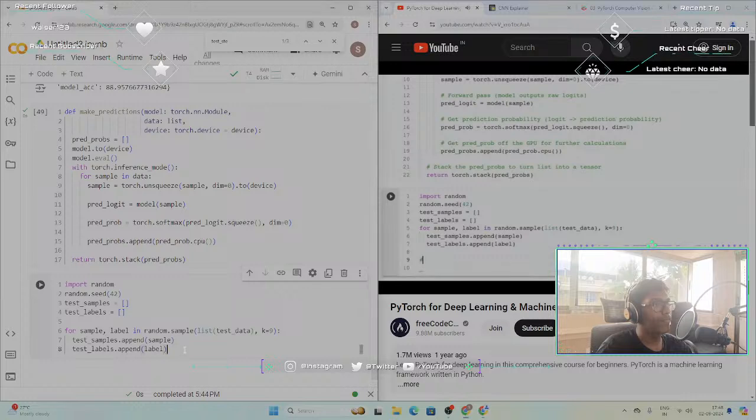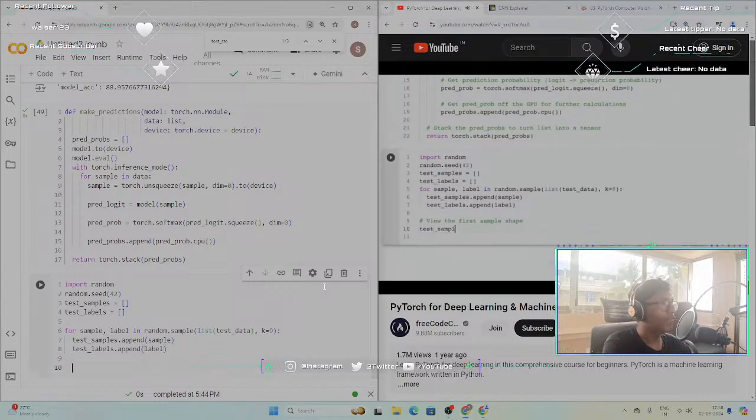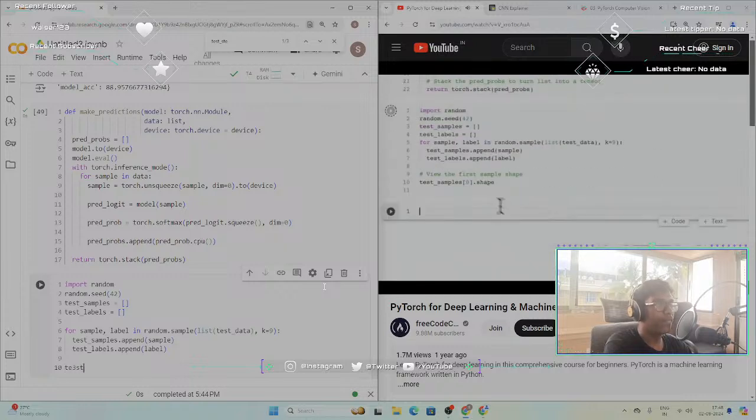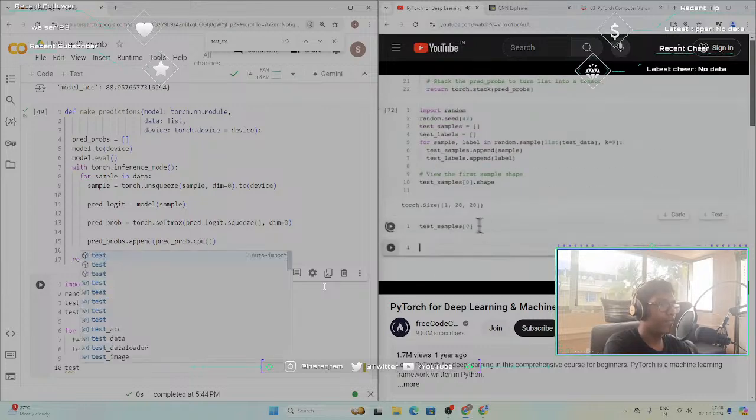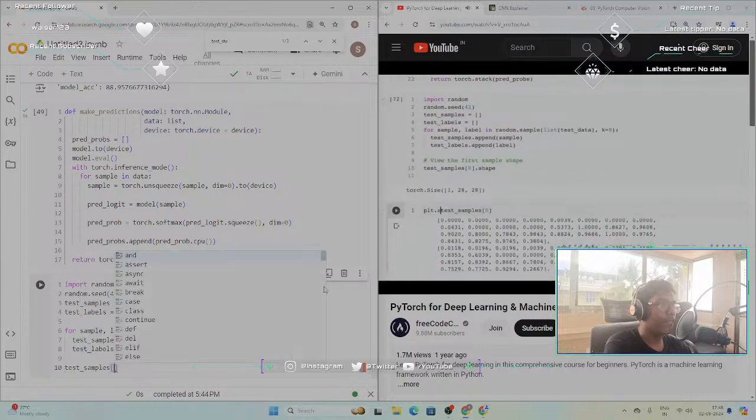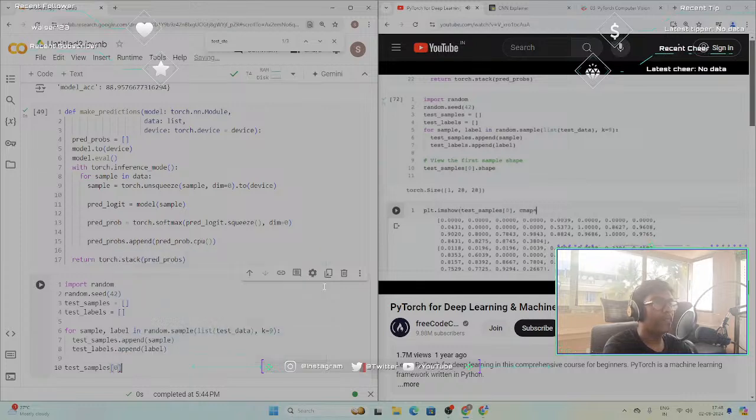Let's go down here and view the first sample's shape. So test samples 0 dot shape. And then if we get test samples 0, we're going to get a tensor of image values. And then if we wanted to plot that, we can go plt.imshow with cmap equals gray, and we may have to